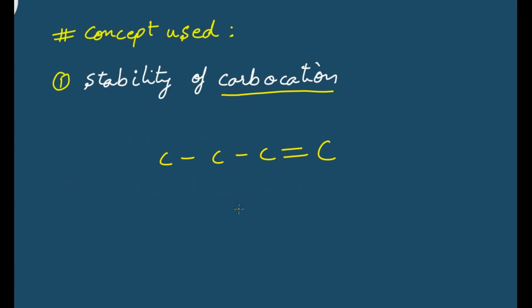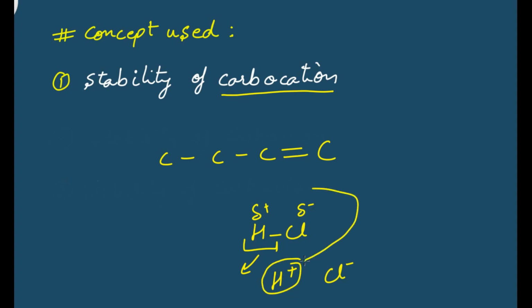Now an electron rich area will try to attract an electrophile. An electrophile is that species that needs an electron to stabilize itself. Now in our case, let us take HCl again. In HCl, this is the delta plus charge and delta negative charge. Now if for some situation hydrogen detaches itself from Cl, it will have a positive charge and chlorine will take over the electron and have a negative charge. So now this is your electrophile and this electrophile will move to the